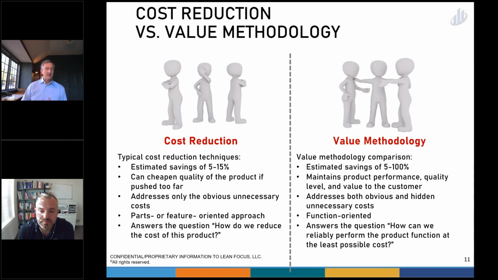And sometimes you can increase the functionality in these events, where you've had kind of a nagging problem, and as you're analyzing a product, you find opportunities to improve those nagging issues that have been there for a while. But the whole focus of value methodology is to focus on the function. What is each component doing? Why are we doing that? Whereas on a cost reduction side, you really tend to be just looking at, how much does this cost today, and can I make this piece in a less expensive way?